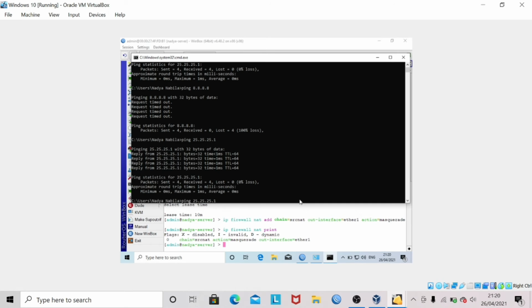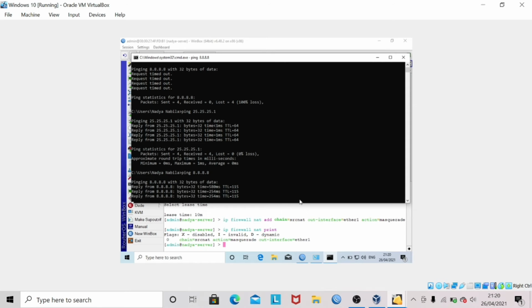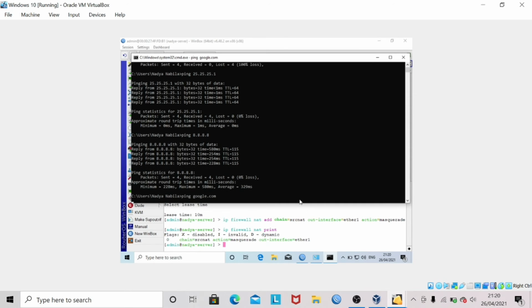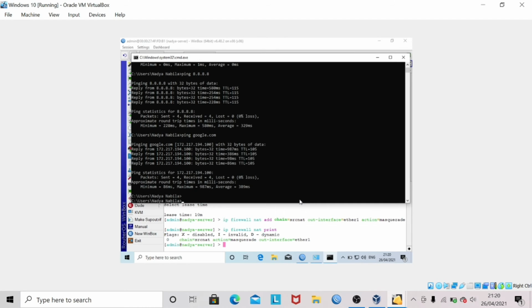Next, ping DNS Google, 8.8.8.8, press enter, and the result is reply. Last, do a ping to google.com, and the result is reply, meaning the router server is connected to the internet.